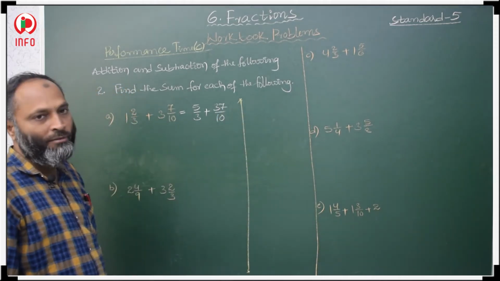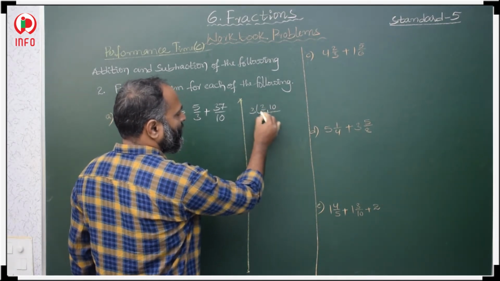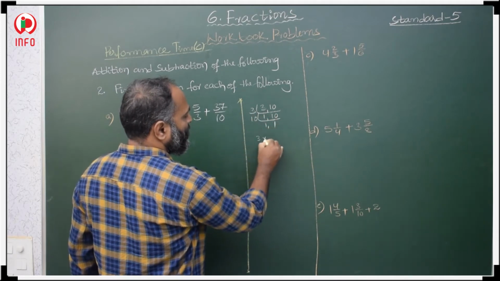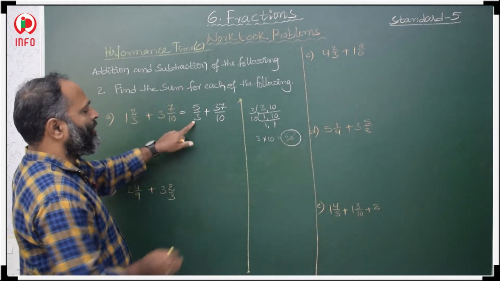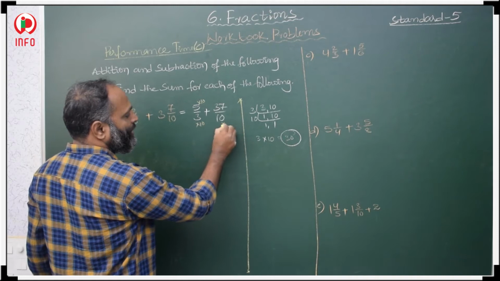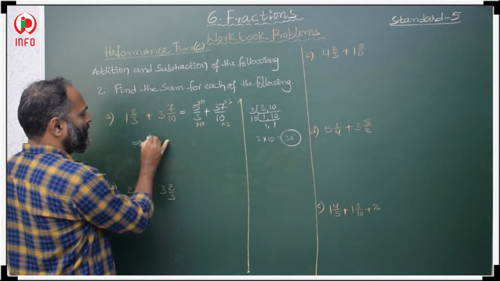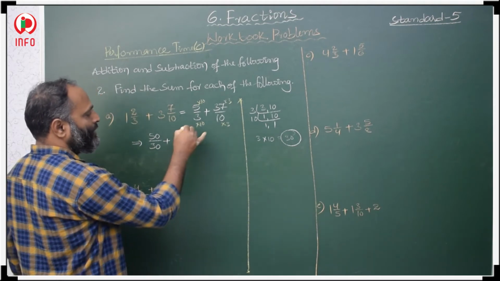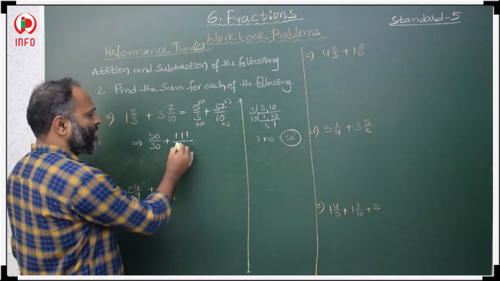Now these two fractions we have to add by taking the LCM. 3 and 10 LCM: 3 is a prime number, 3 ones are 3, and 10 as it is. After that, 10 ones are 10, 3 tens are 30, so 30 is the LCM. In the 3 table, when will you get 30? 3 tens are, multiply with 10. In the 10 table, when will you get 30? 3s are. Now 5 tens are 50, 3 tens are 30, plus 37 3s are 111 by 10 3s are 30.